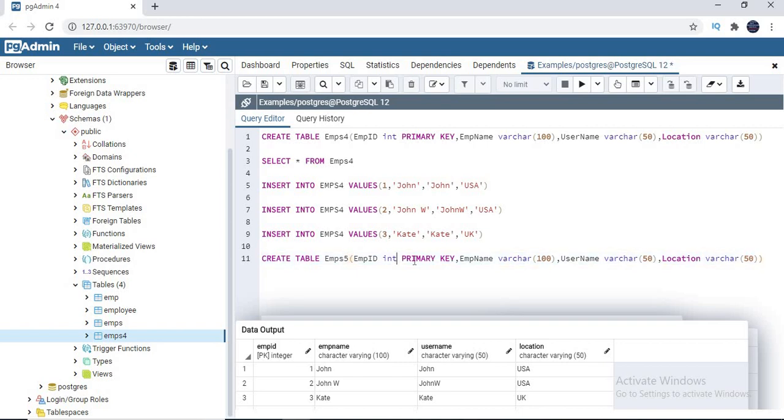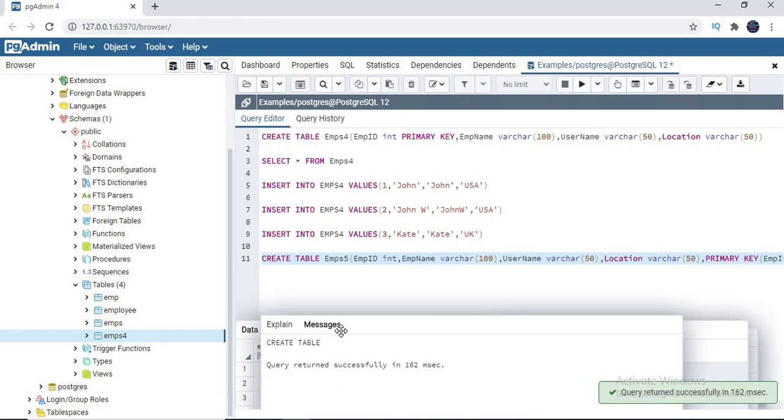I want to show it differently, right? Let's remove this. Here I am not specifying the primary key word next to the column. I am planning to specify that primary key at the end of the table. So how can I specify that? Sorry, comma, primary key of what is the column actually here? As per the previous example, EMP ID. Now let me run this. Yeah, table has been created, right?